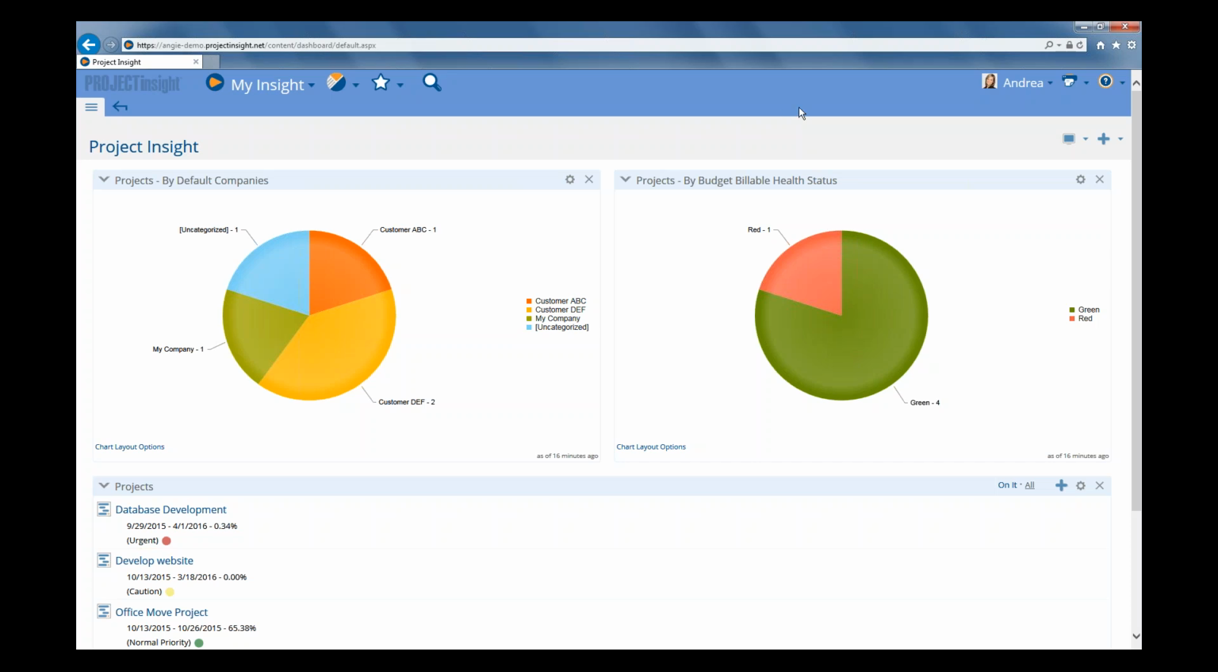What you're seeing here is a dashboard with, first of all, a pie chart of all your projects by the default company that's assigned to them. And this chart is available because you assign projects to customers as part of your process to leverage the contracts and rate cards. Then you also have a pie chart that's showing you a list of your projects by the